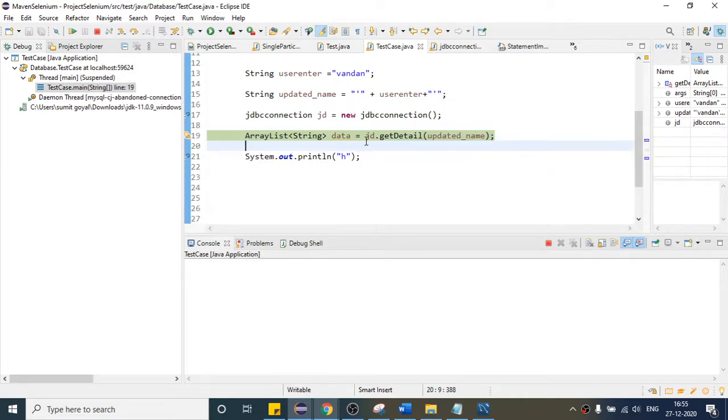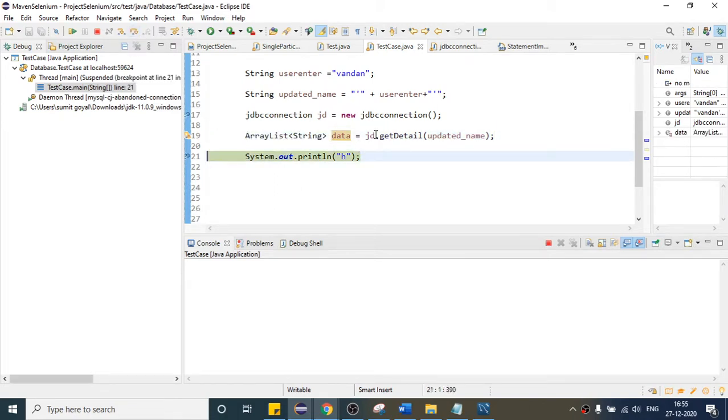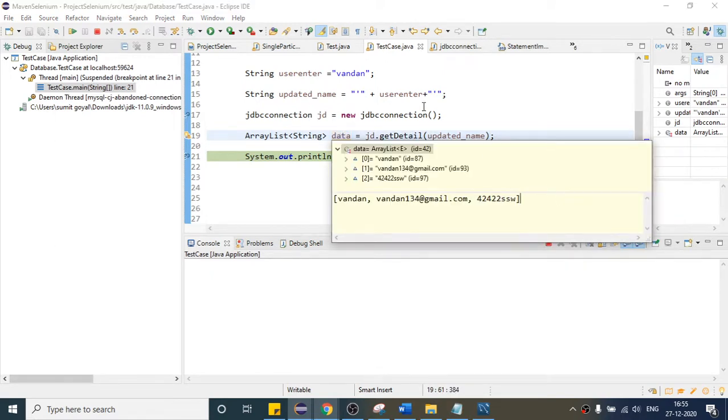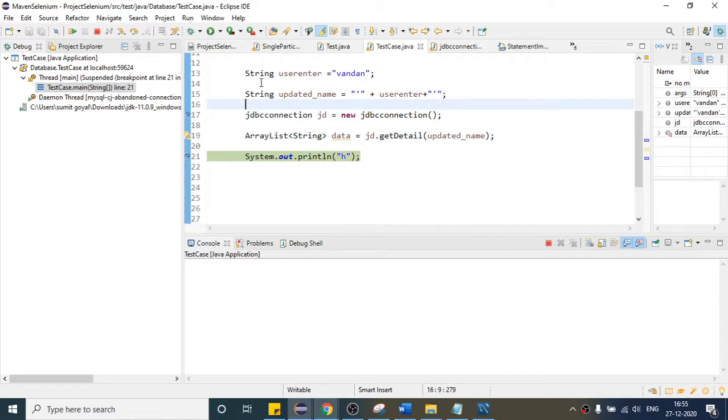If it is returning me one array list, to catch the data I have to make the variable of array list type only, because I'm getting an array list. Now if I execute this, it has returned me the data, and that array list of data will fall here. So this is how it will work, right? And now once I get the data here, I want to write my test case. Now I can use this data just as I want.